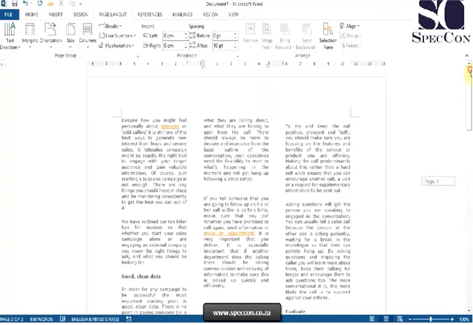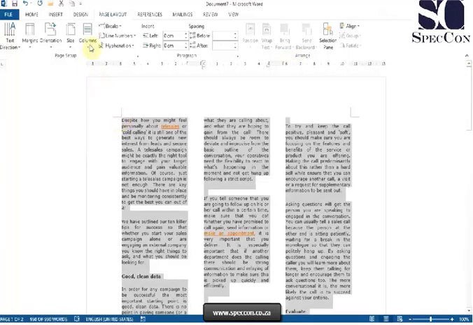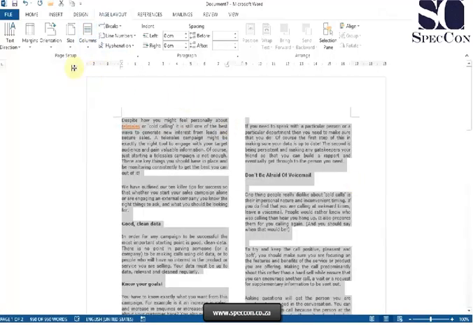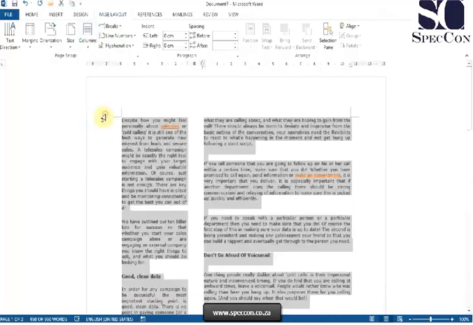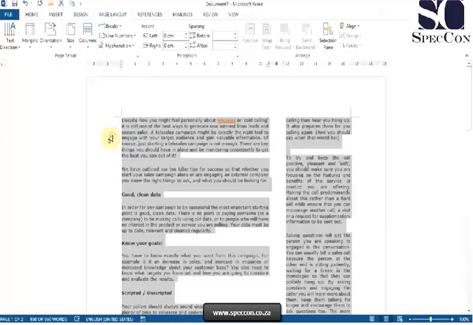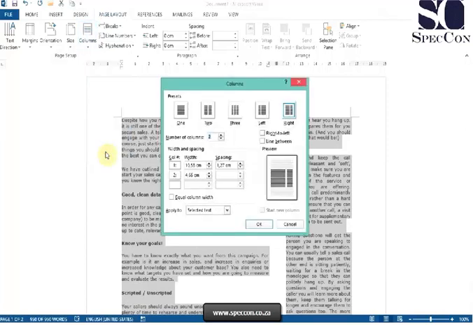So here the information has filled up the 3 columns in the page. And if I want to change the column setup, go back to my columns icon, I can select 2, let's change to 2 columns, one, it's the left and the right option. Now if none of these options suits your needs, you can click on more columns, and this will bring up